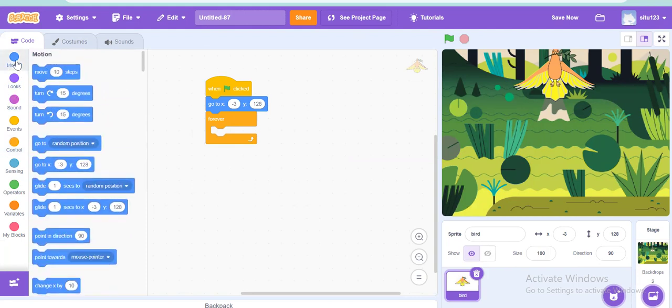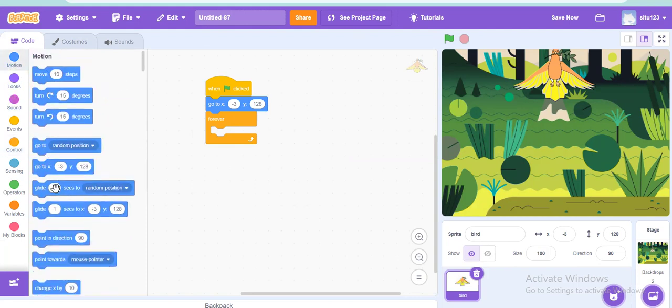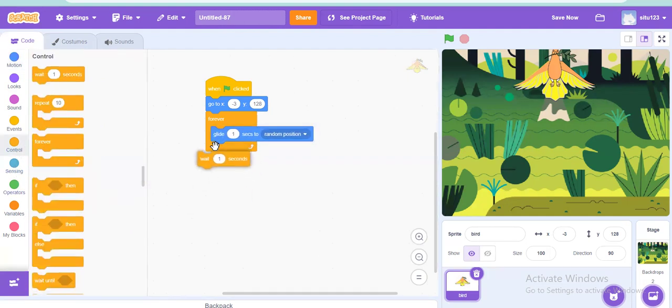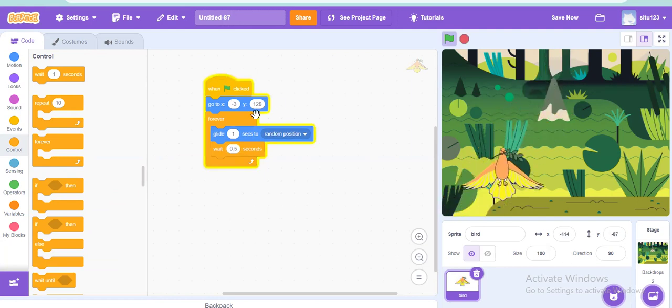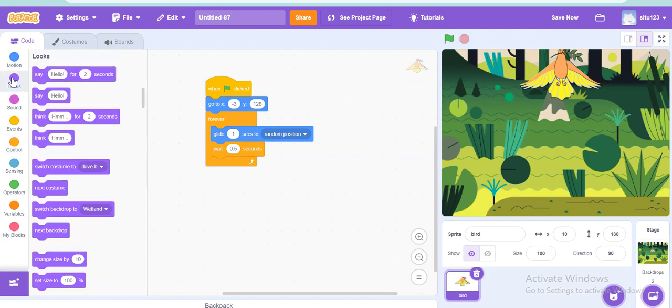Now how to make it fly? Go to the motion and you can take this glide to random position for 1 second, and also you can have wait after gliding, maybe 0.5 seconds. So how will it look? Click on it, but you can see that it's not changing its costume. So I want that when it glides, it should also switch its costume, switch costume this,